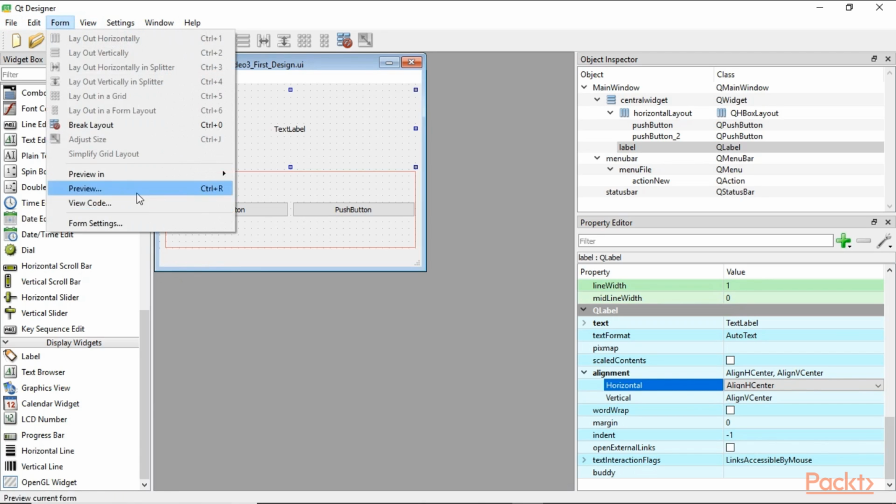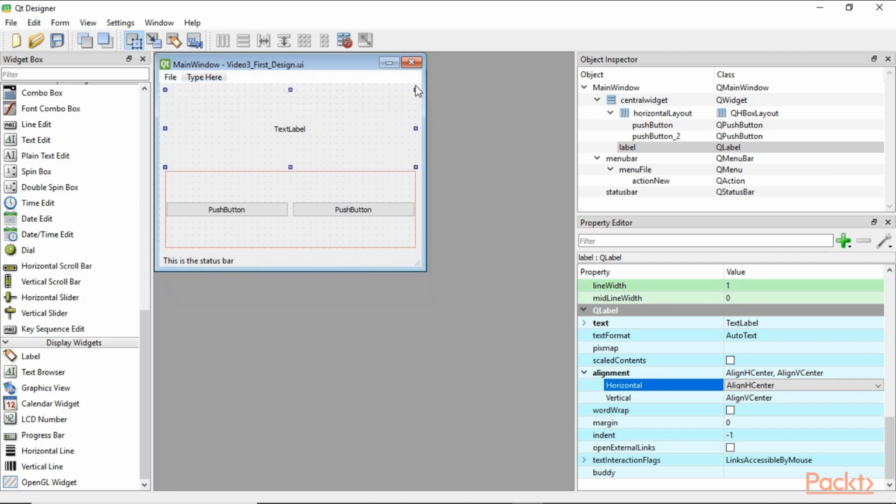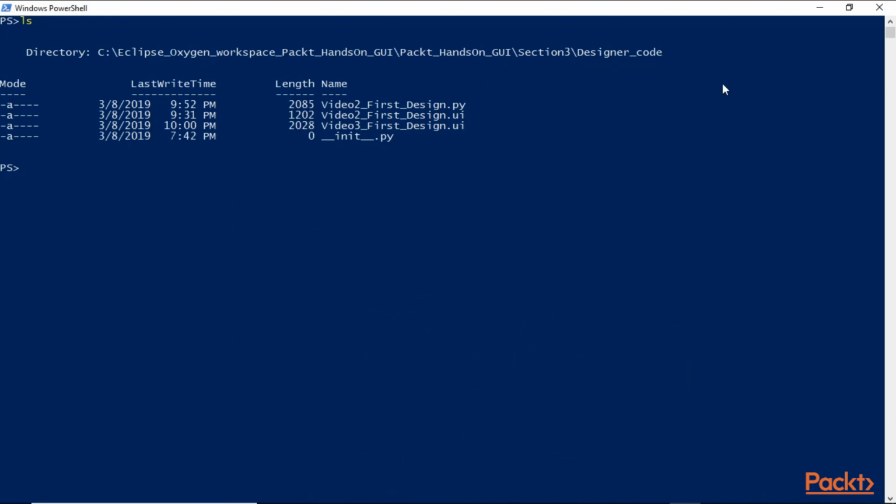And when we run it now, we can see our text label is in the middle and our buttons are at the bottom. They are functional. They don't do anything yet, but you can click them. And the next step now is to regenerate our new GUI design using PyUIC5. So back in the Windows PowerShell, we now see a new UI file we just created. So we converted